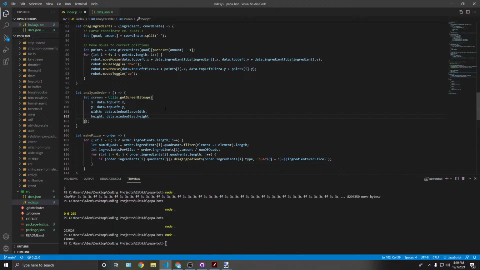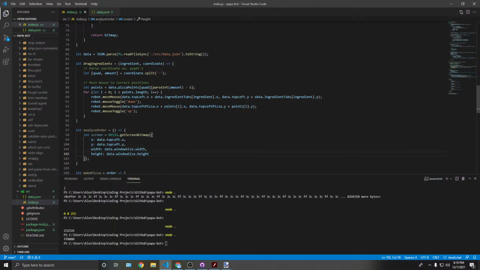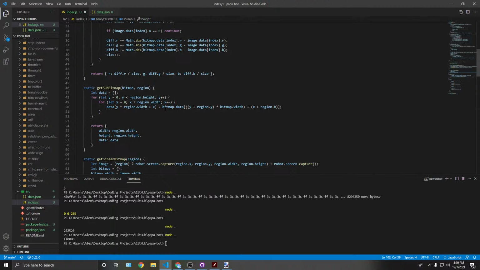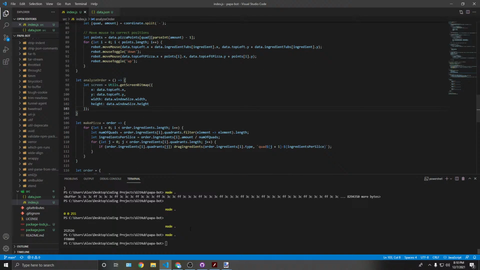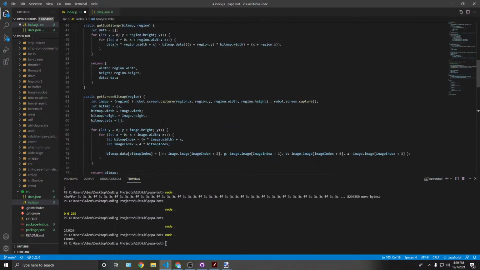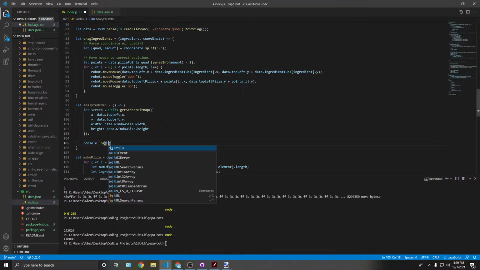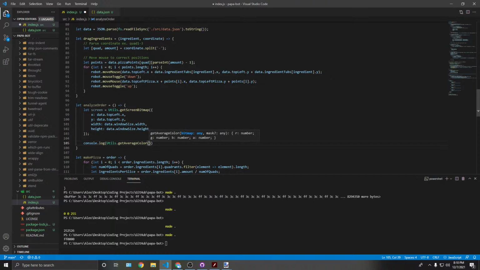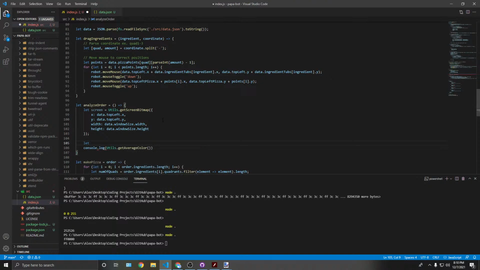And so what we need to do is get the average color of this. I'm just going to console.log. This will return an RGB value. So console.log utils.get average color of the bitmap, so the screen. We don't have a mask, so no. So get average color of screen. Oh wait, no, we have to do subscreen. So let